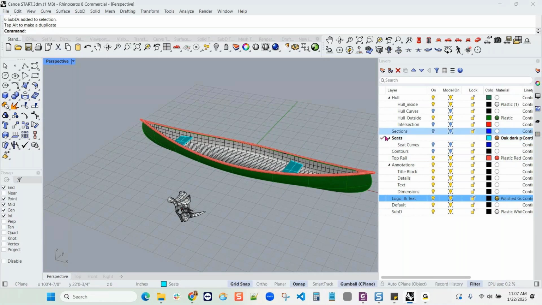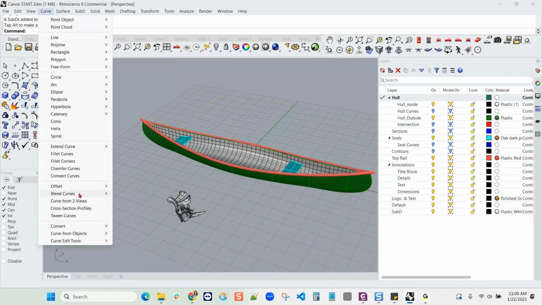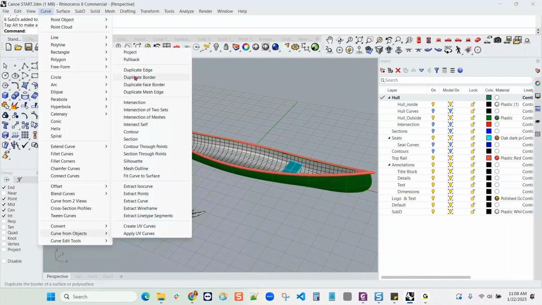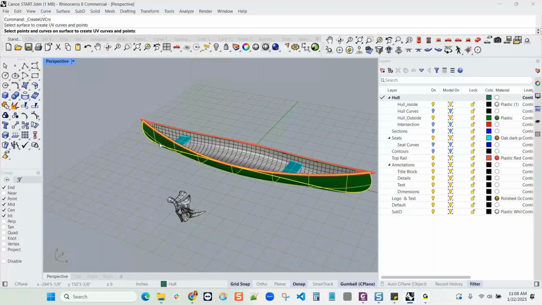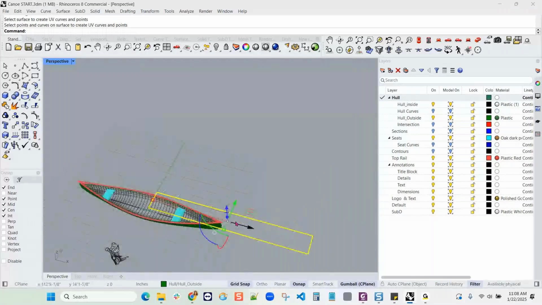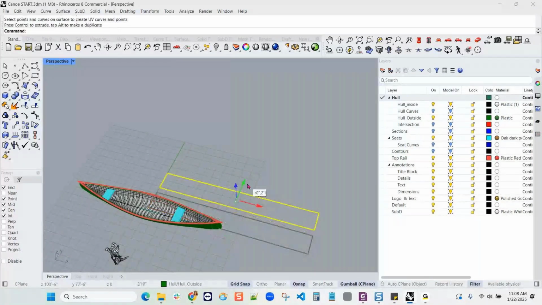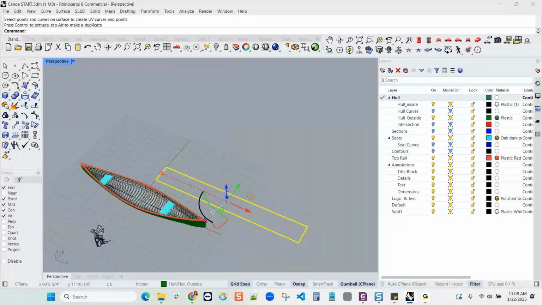So let's go. I'll probably just make the hull layer current and go to Curve, down to From Objects, and Create UV Curve. Right here, Create UV Curve. I'll pick on the outside of the hull, and then it creates the curves that represent that surface in UV